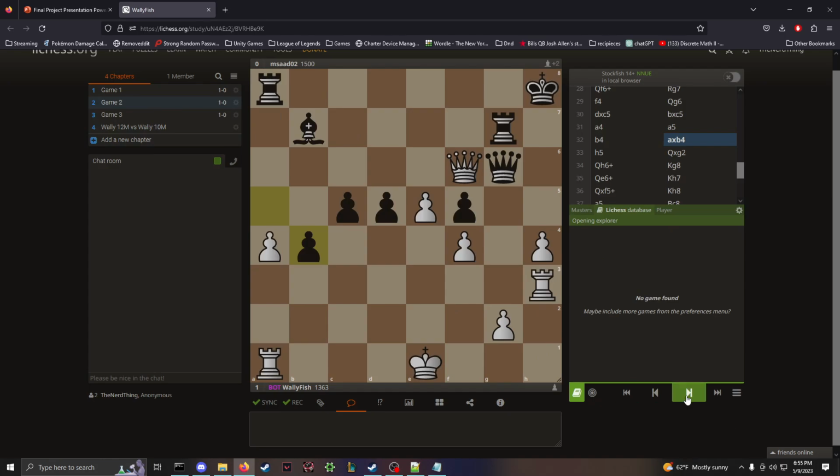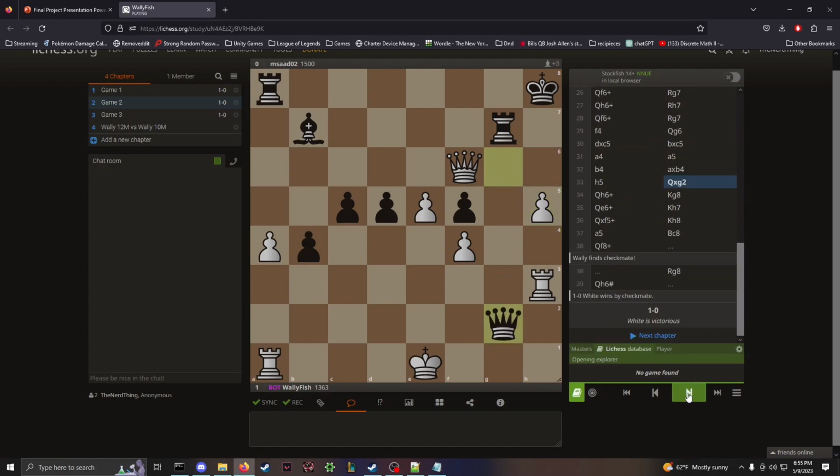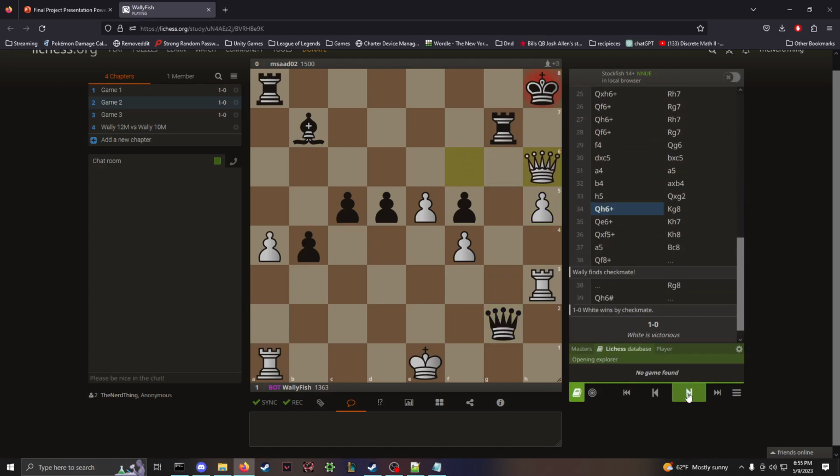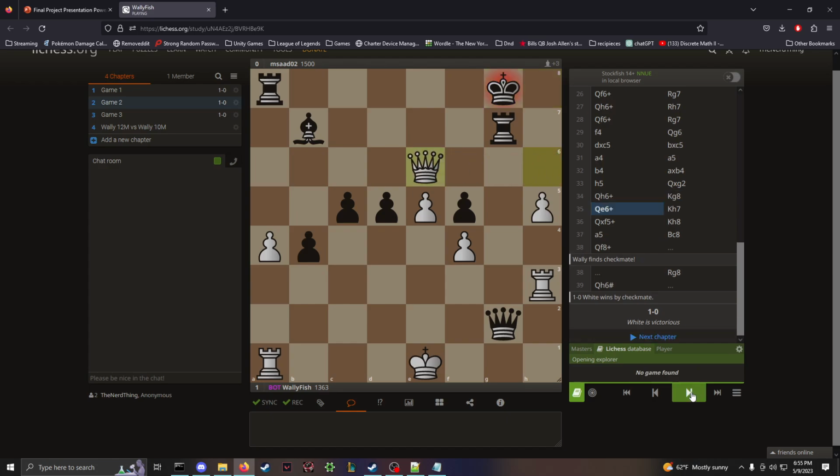For the second game, we're going to start in the middle of the game for this one. Wally is again playing white. He's going to attack the queen, black's queen. Now it finds a check. And instead of, it finds another check, finds another check,